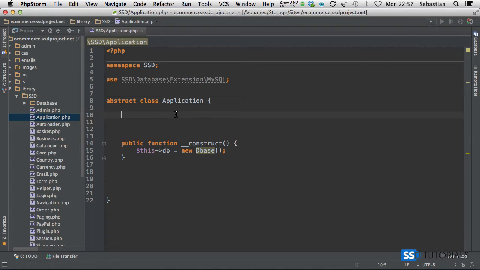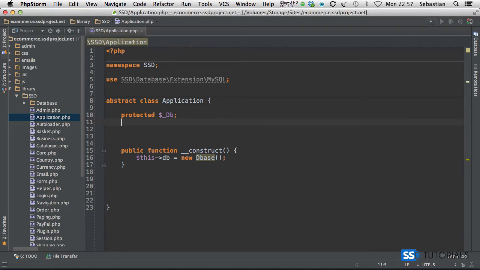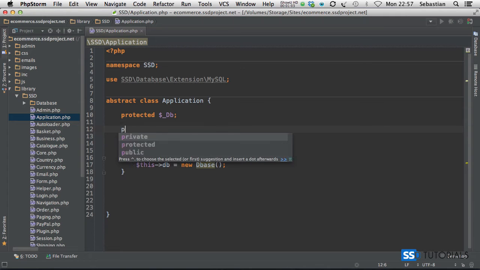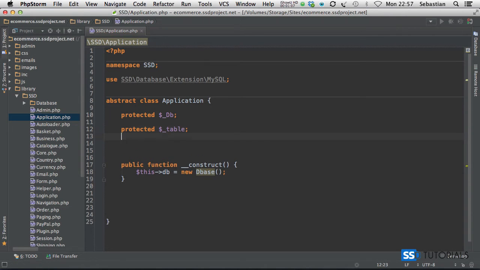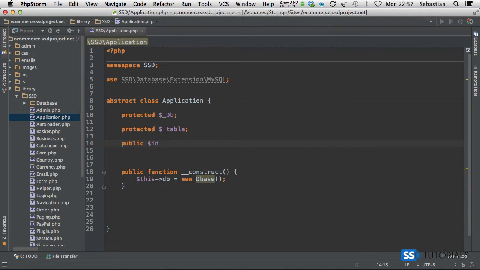Now what we're going to do is remove this public DB property, create a few new lines, and we're going to specify protected underscore capital D lowercase b for the database instance. Then we have protected underscore table, and then we're going to have public ID. These are the properties which we're going to be sharing later on with all of the classes that extend our